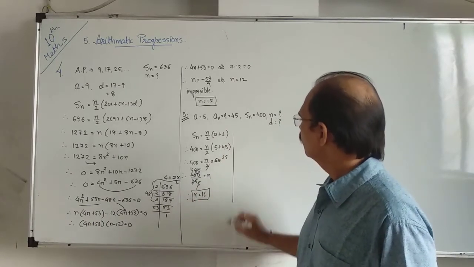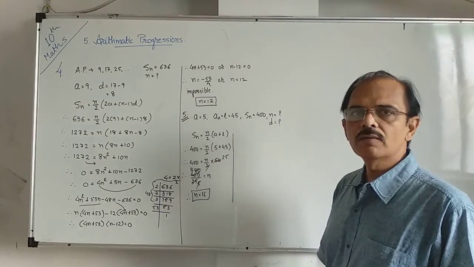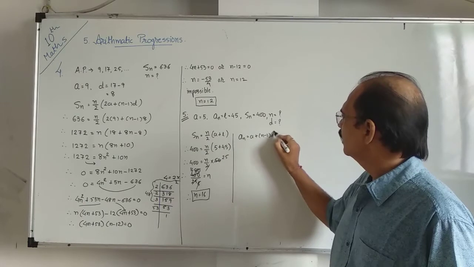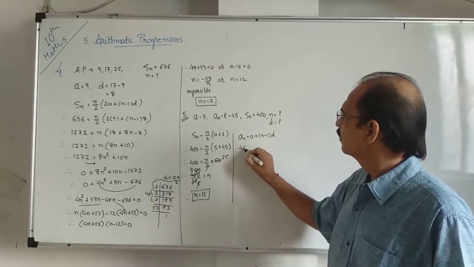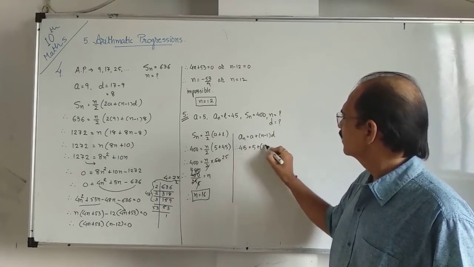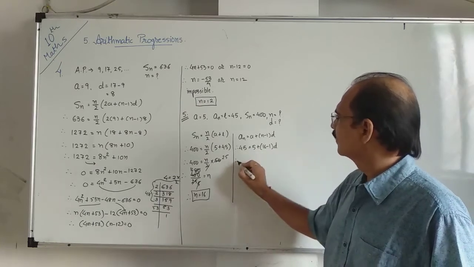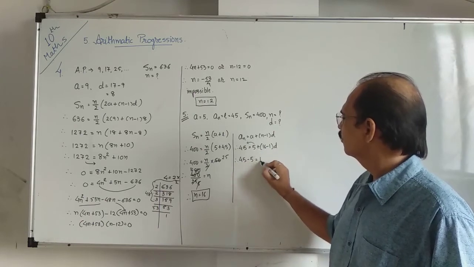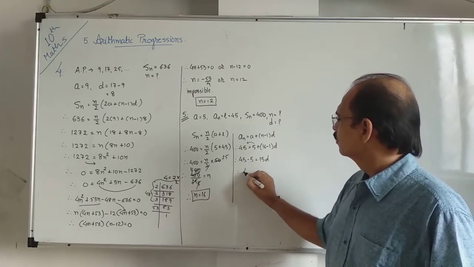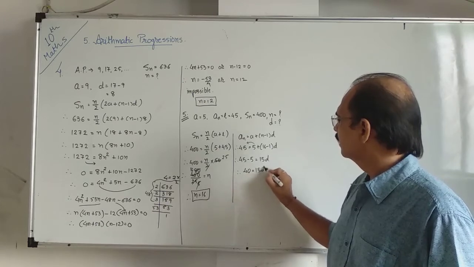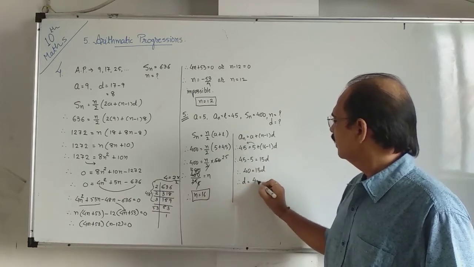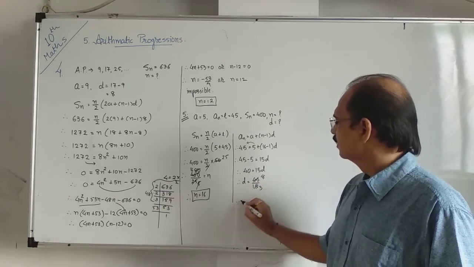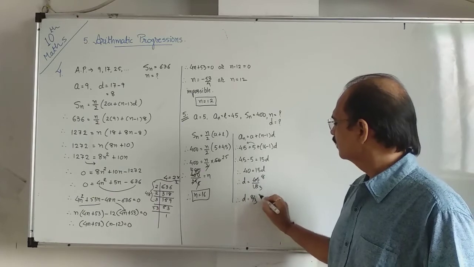Okay. Now you want to find d. So apply the formula of an. an equals a plus (n minus 1) into d. an is 45, a is 5, n is 16 minus 1, d we want to find. 45 plus 5 move this side, minus 5, 16 minus 1 is 15d. So 40 equals 15d. So d equals what? 40 divided by 15: 5 eights are 40, 5 threes are 15. So d equals 8 upon 3.